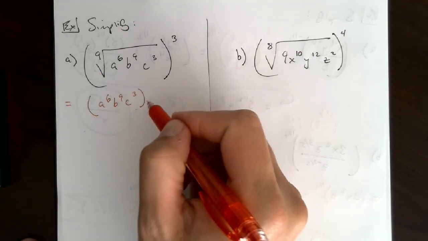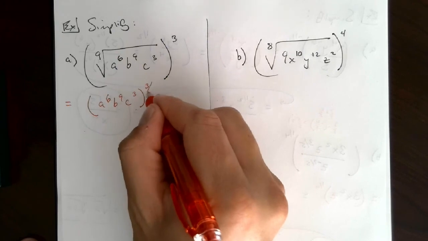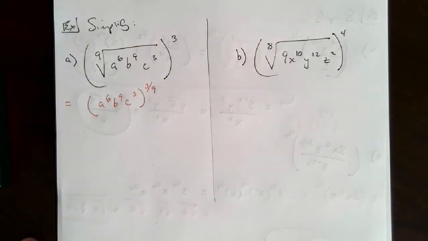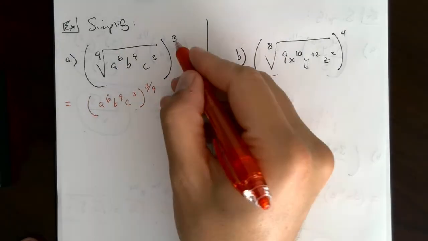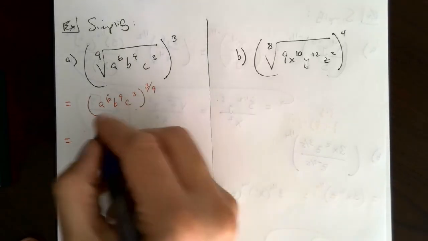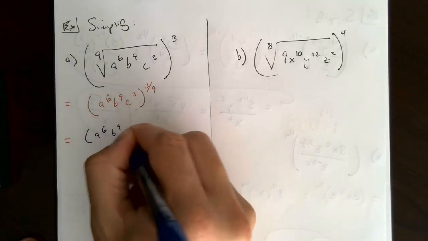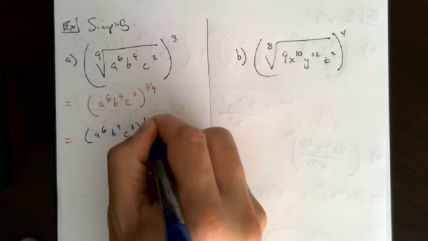And then if you want to write this as a rational exponent, you would write this as 3 over 9. Right? Because 3 is the power over the index of the root, which is 9. Now if you do that, 3 over 9 reduces to 1/3. That's what I would do next. So we got a to the 6th, b to the 9th, c to the 3rd, and this is to the